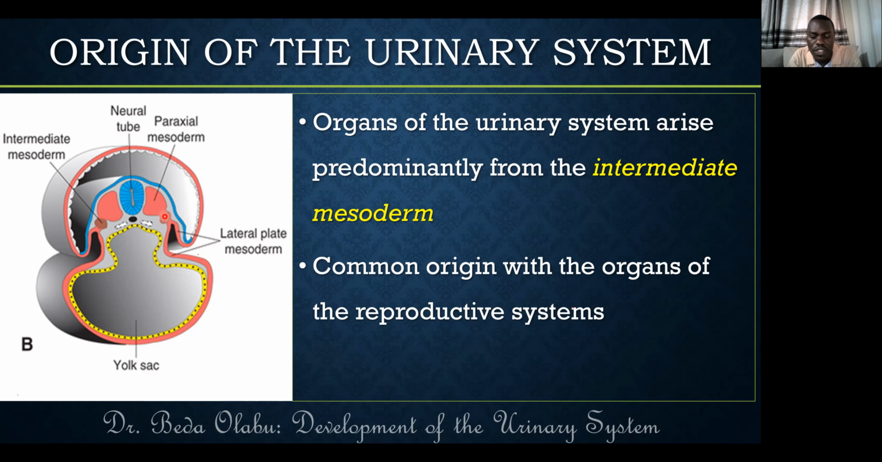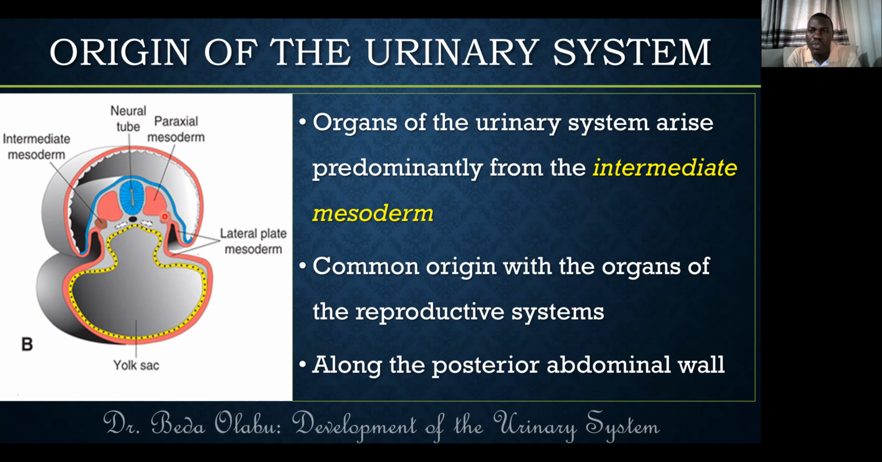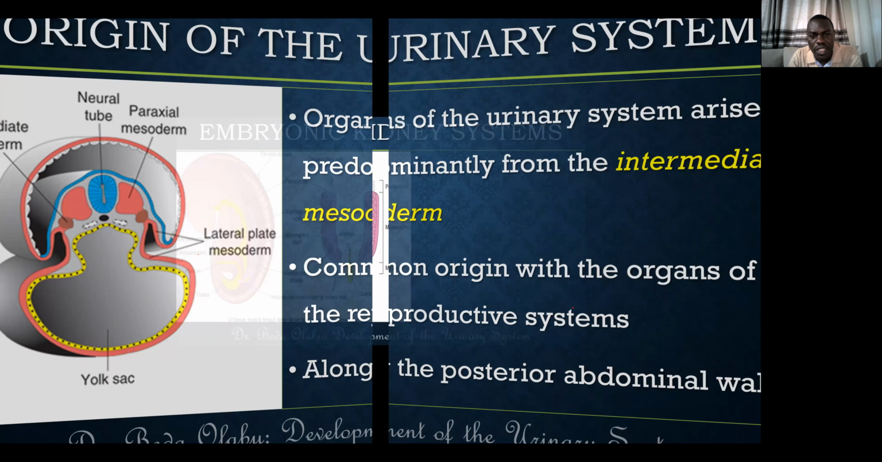Generally, most of these structures will be formed along the posterior abdominal wall. So the kidneys will be along the posterior abdominal wall. The ureters will be along the posterior abdominal wall. Right. Now, prenatally,